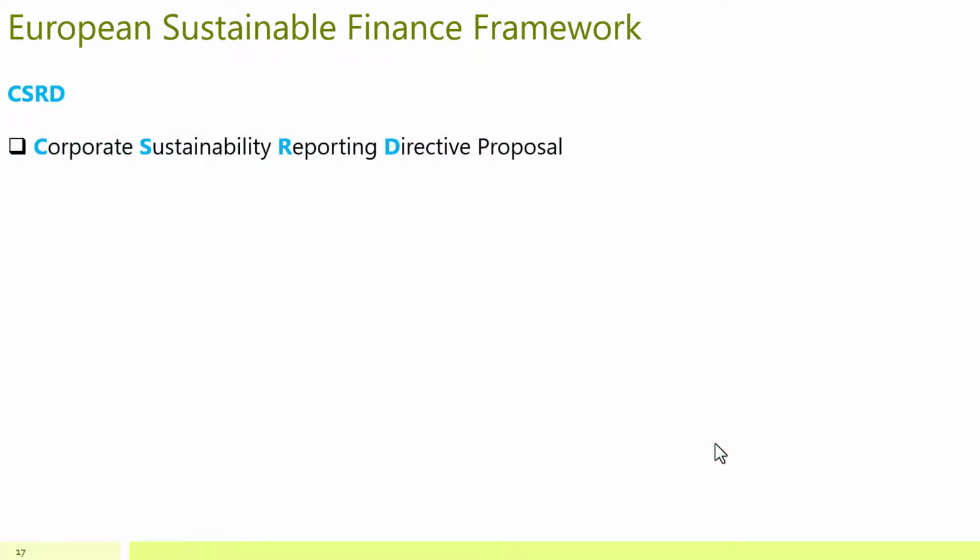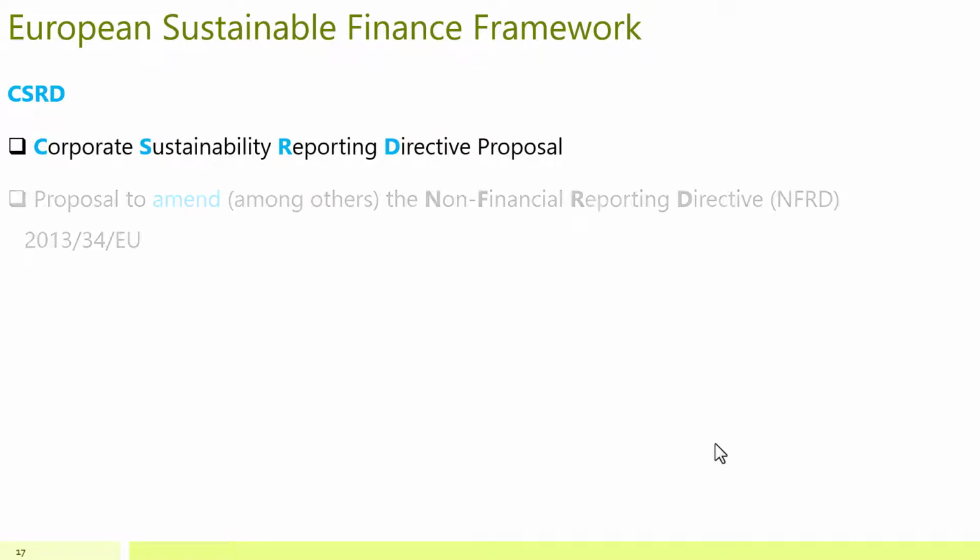The first one, the Corporate Sustainability Reporting Directive, is a proposal. So it's not finished yet, but it is likely that it will be published very soon. And I will give you an outline of the timelines very soon. But what is this CSRD doing? Well, it changes an older regulation. The older regulation is called NFRD, Non-Financial Reporting Directive. Why do we need changes to this NFRD?